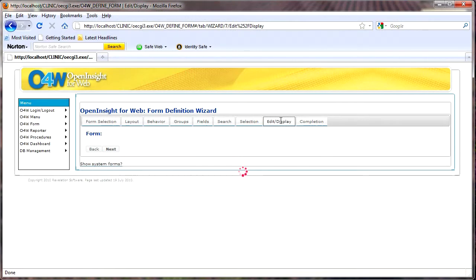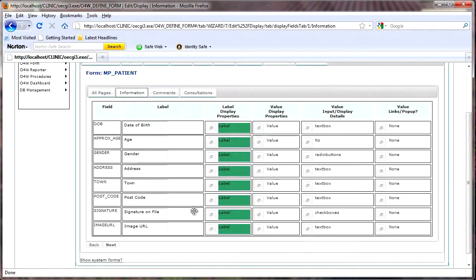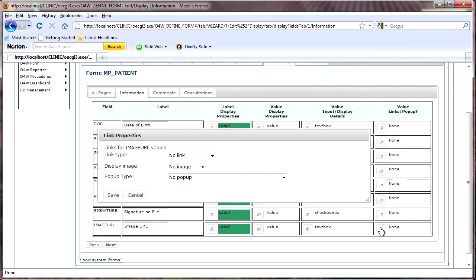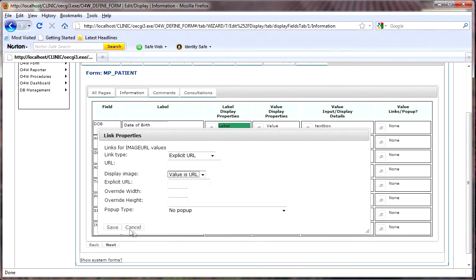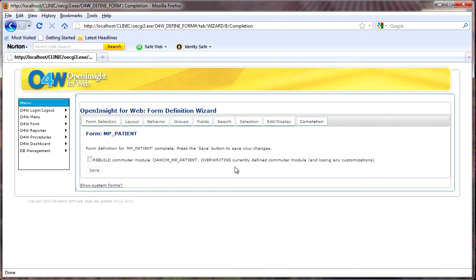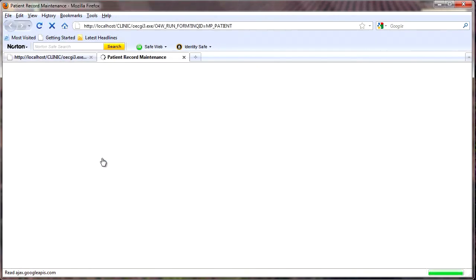In Edit and Display, we now need to go to Information, and we've lost our image path and we've got the image URL. The label's okay, everything is alright there, but we need to change links and pop-up. The link type is going to be an explicit URL, and the image to display is going to be the value as URL. So we'll save that. Next, we will save and we'll test run,